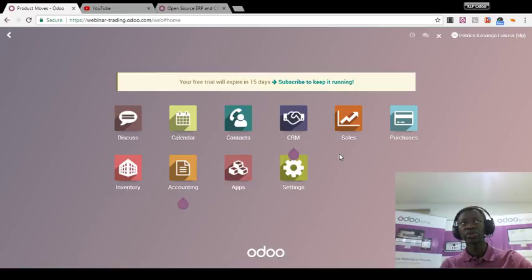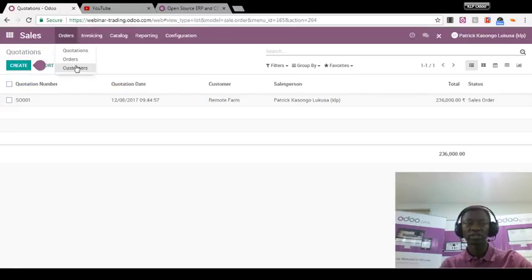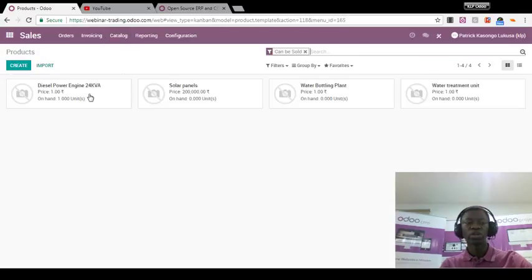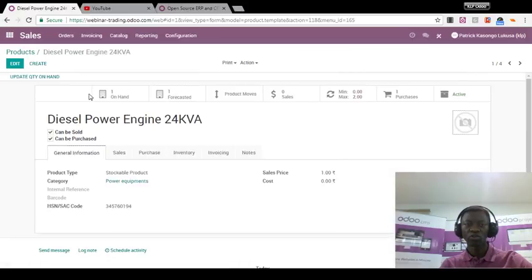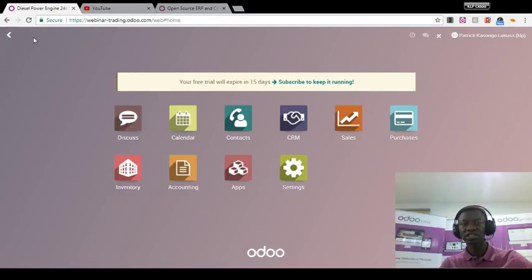Because if you remember, we configured our product so that if the stock is 0, Odoo will raise an automatic replenishment order. Why? By configuring the min-max. We say if it reaches 0, I want to purchase up to 2 to keep in stock. So I will simply go and raise